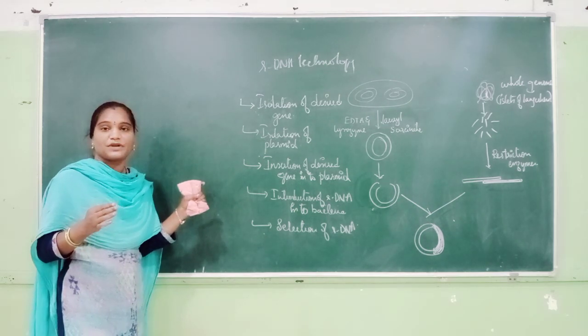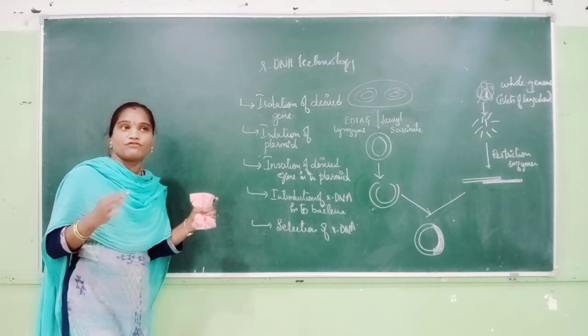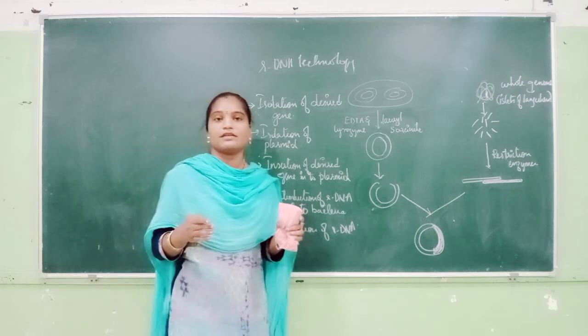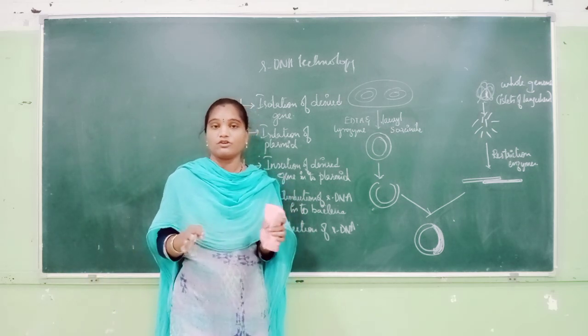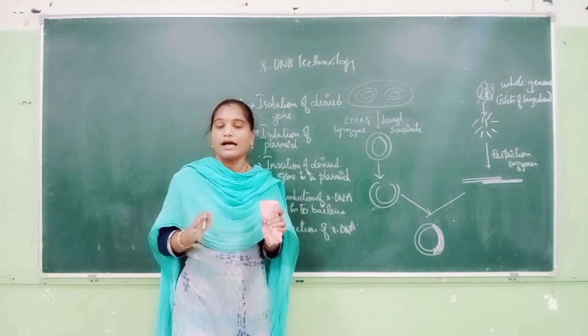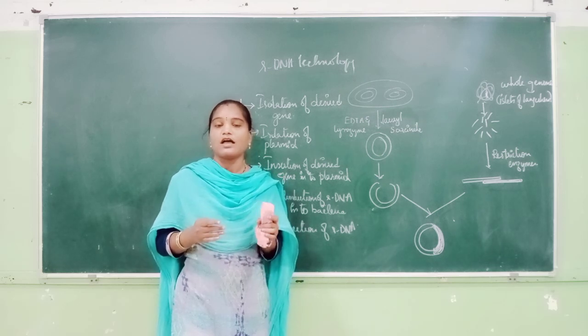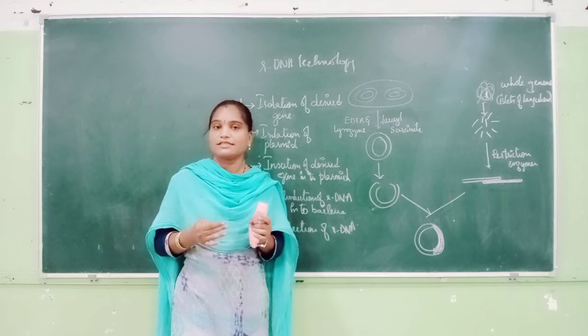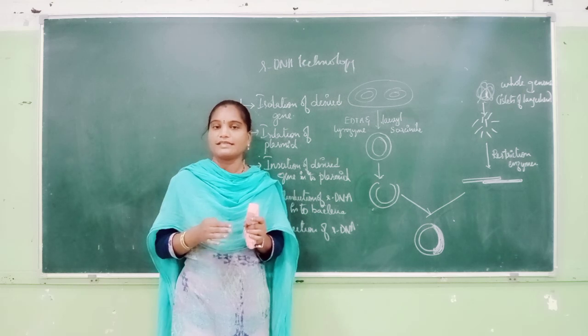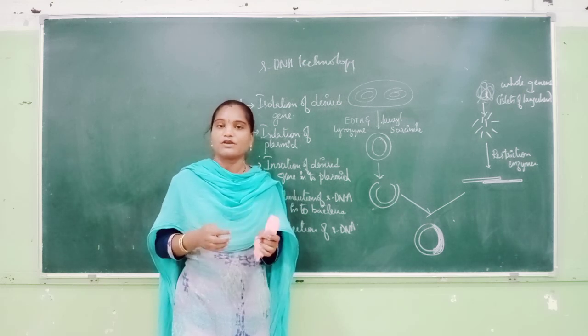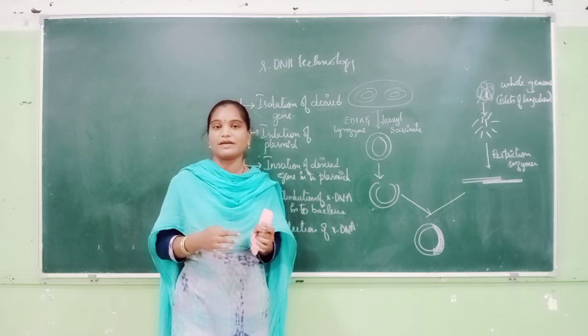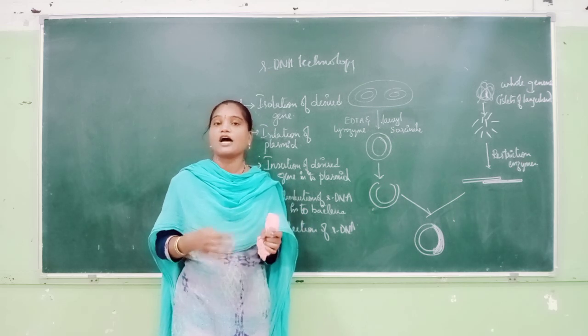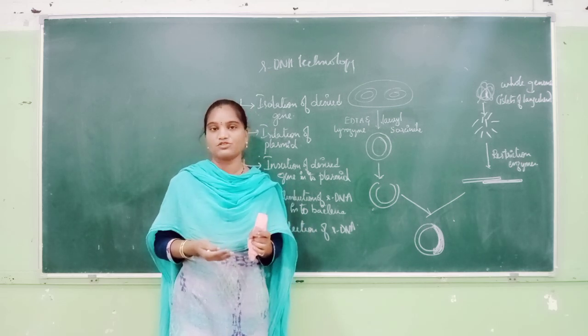So for instance, let me tell you that nowadays, if you are isolating insulin, isn't it? How will you get this insulin? This insulin is very important. It has very high research value, isn't it? Because nowadays everybody needs this particular insulin. So how will you get more copies of this insulin?